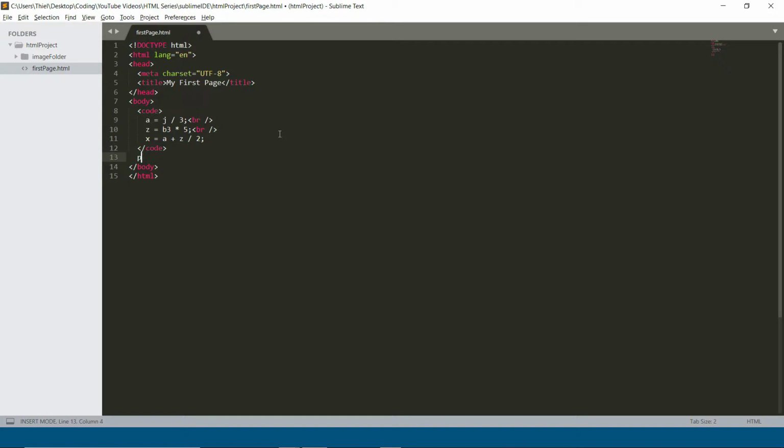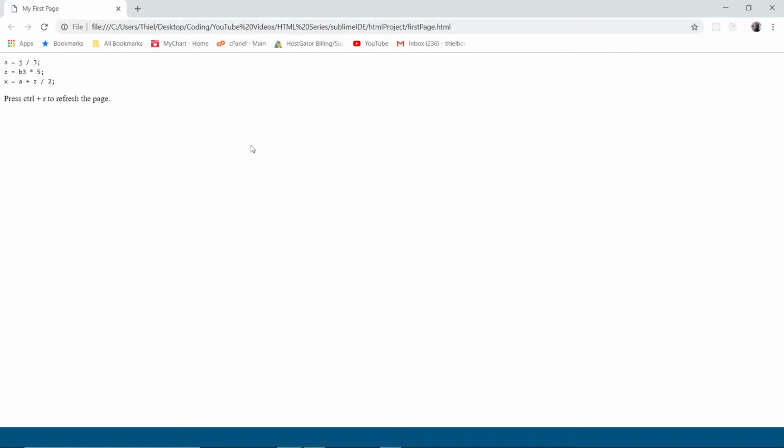Let's go beneath that and create a paragraph. Inside of that paragraph, let's talk about what we want the user to do: press Ctrl R to refresh the page. Let's save that and refresh, and we can see: press Ctrl plus R to refresh the page. This looks pretty straightforward. If I'm talking to a user, they might know exactly what I'm trying to get them